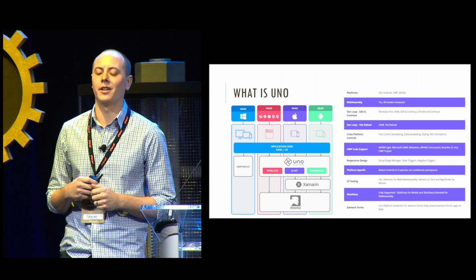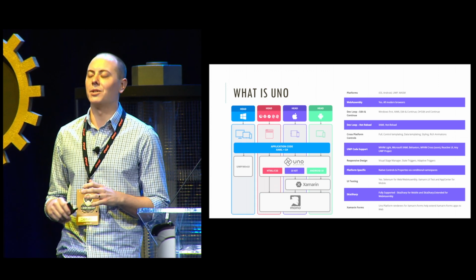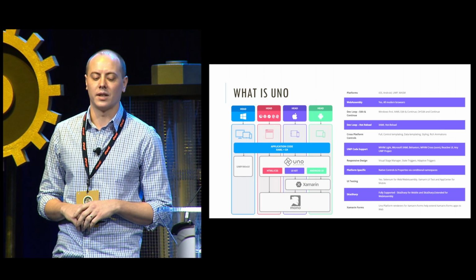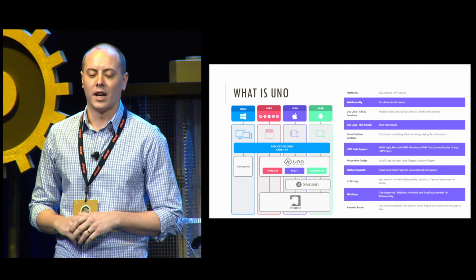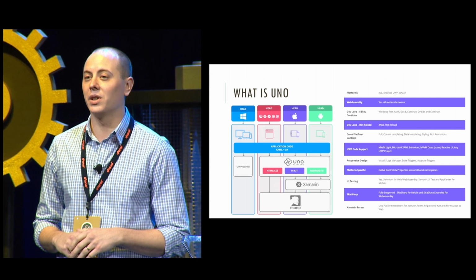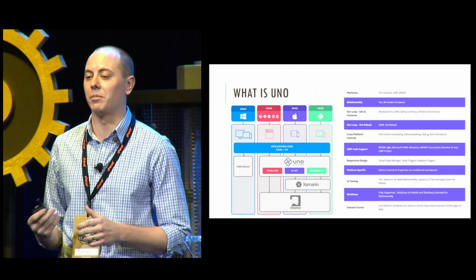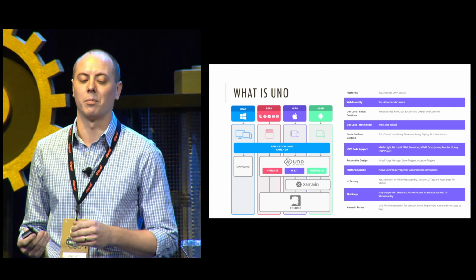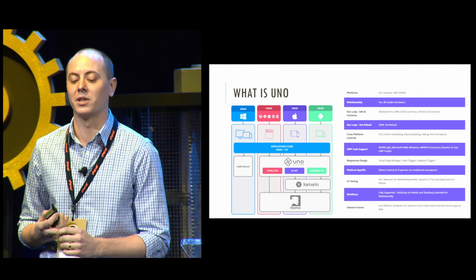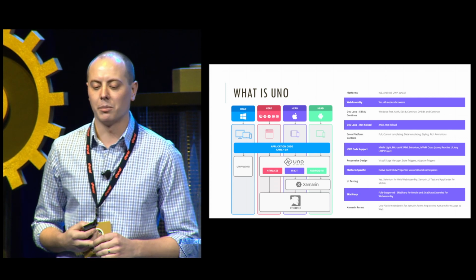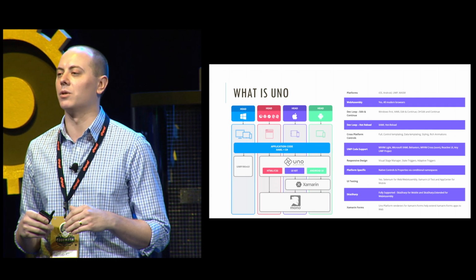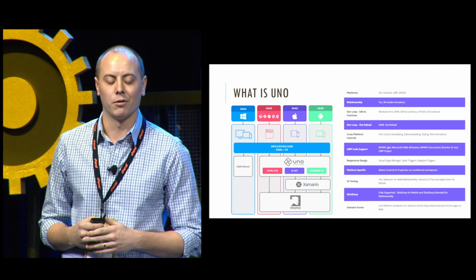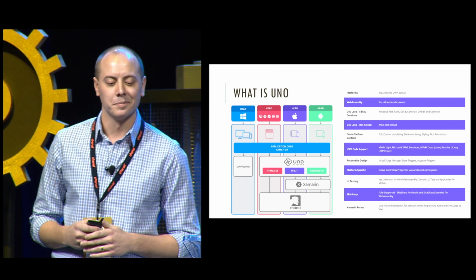So whenever you hear native cross-platform development, there's always a catch. There's always some sort of technology or vendor lock-in, and UNO is just the same. So basically, the catch with UNO is you're building Windows 10 UWP applications. You're building a Windows 10 store application that just so happens to compile down to iOS, Android, and WebAssembly. So basically, when you're coming into UNO, you have to come in with some knowledge of how to build Windows 10 store apps, which I know is very popular, so everyone has that experience, obviously.